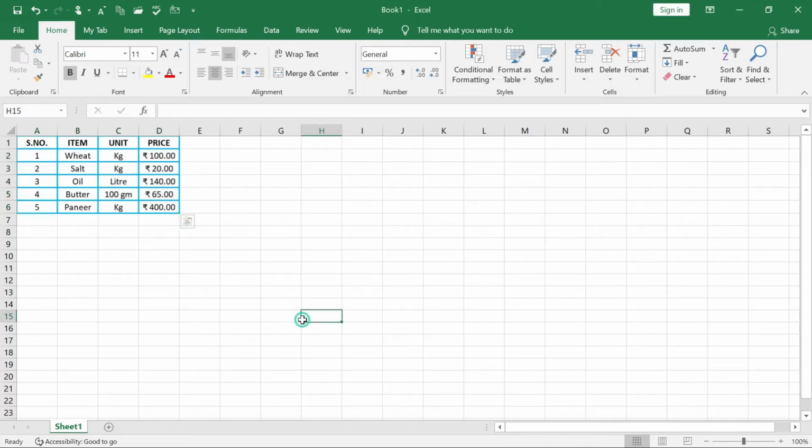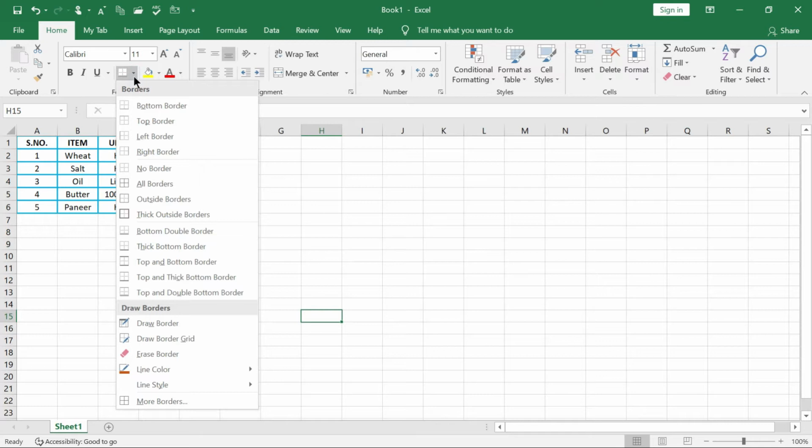Your borders will get added like this. So the border has been easily inserted. So this is the way to border the cells. If the steps have been asked, what would be your answer? Two things. If you need to highlight it, first of all go to the Home tab, then choose the border tool, and from there the choice of borders will be given. You have to select the border.